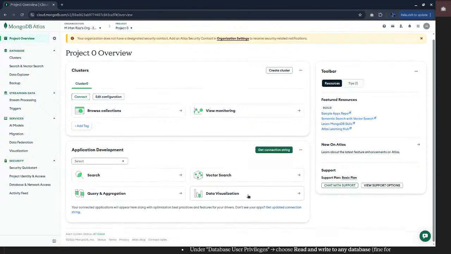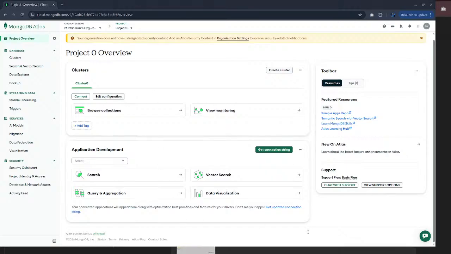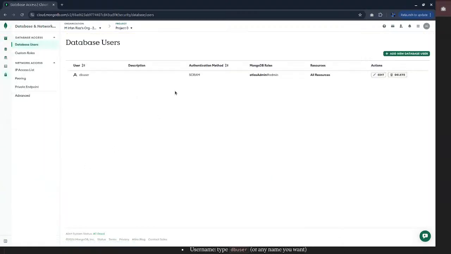I want to know security. Let's ask this cloud where it is. I think the MongoDB UI is pretty much good, but okay, database and network access. Yeah, okay, that's it. I'm such a dumb ass.